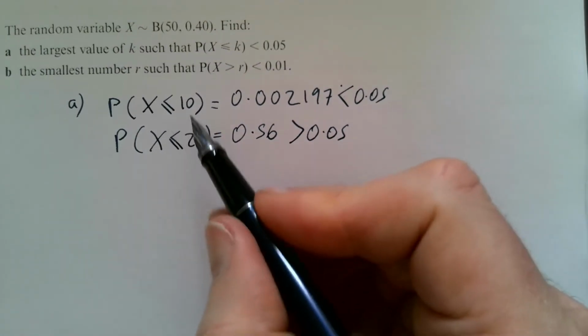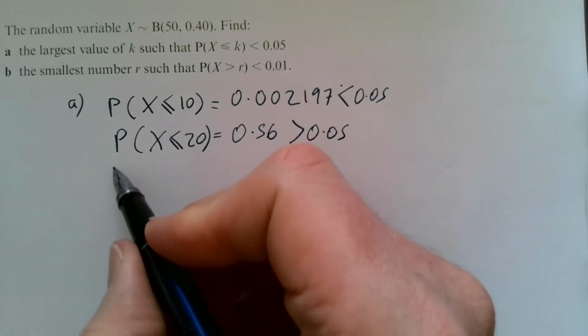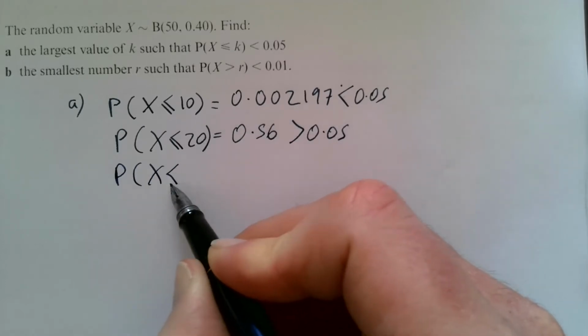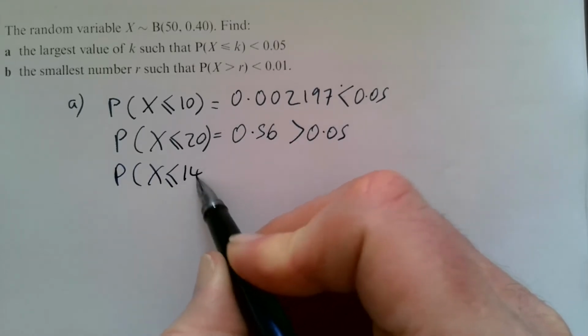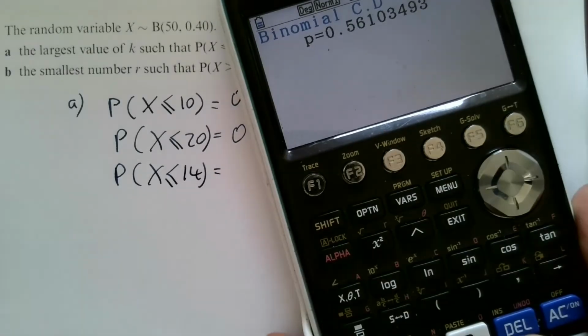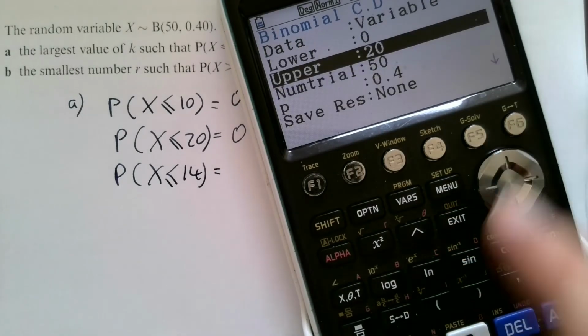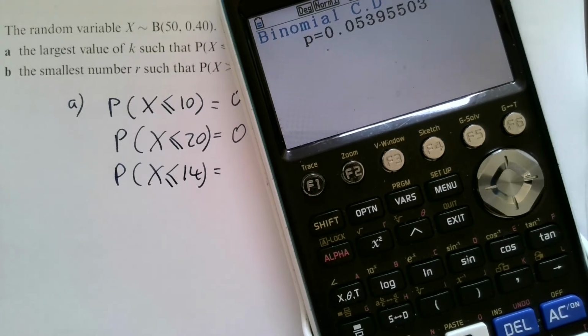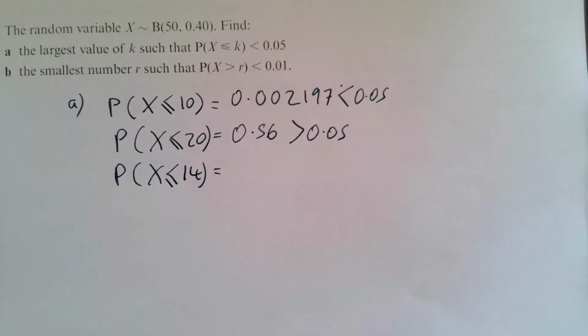So I've pinned it as somewhere between the two. So now I'm going to go, well, it was closer to 10, so let's try 14. And that, oh, that's close, 0.0539,